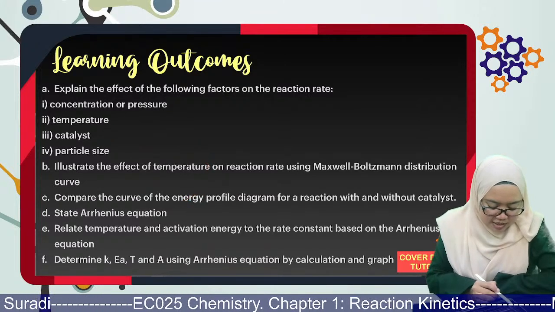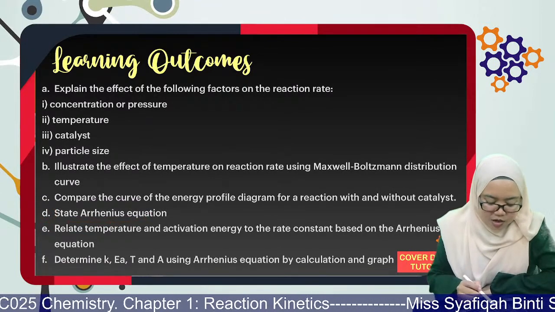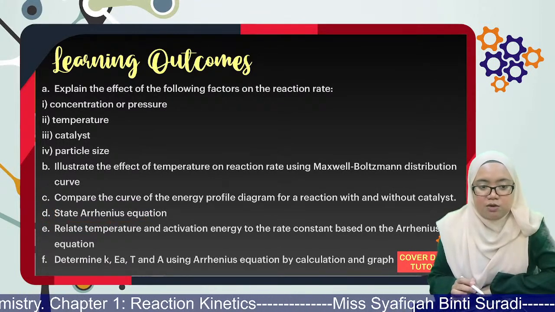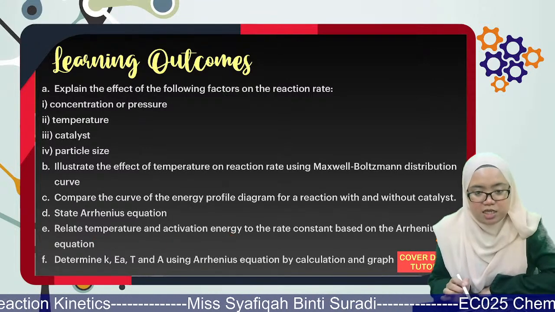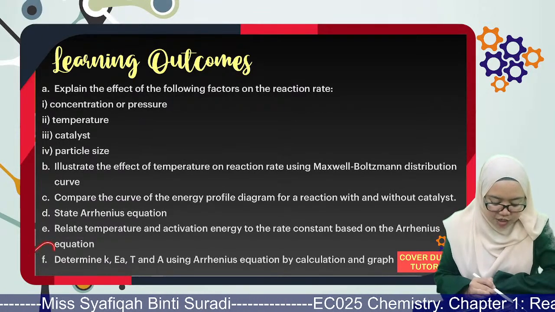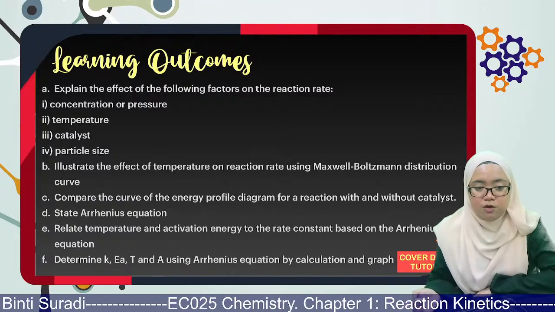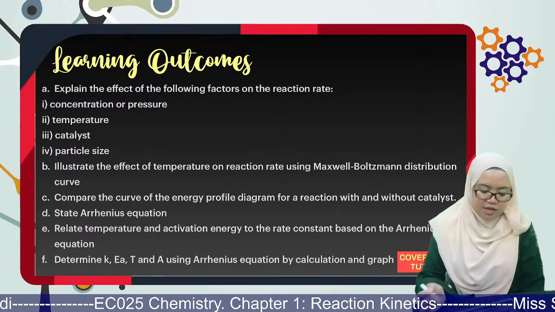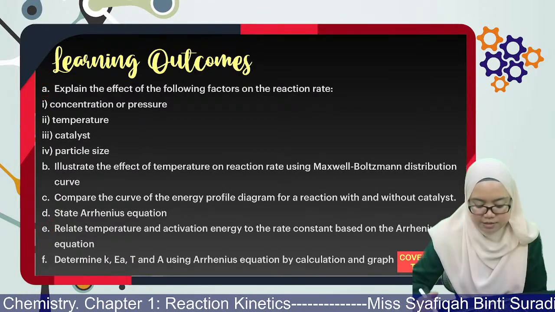And then D, kita nak state Arrhenius equation. Okay, so Arrhenius equation ni untuk kita tengok untuk kita relate temperature dan juga activation energy to the rate constant. Alright, so last kali yang F ni, this one nanti you akan belajar dalam kelas tutorial with your lecturer. Okay, so saya akan cover A sampai E saja dia punya learning outcome. Okay, alright. Now,